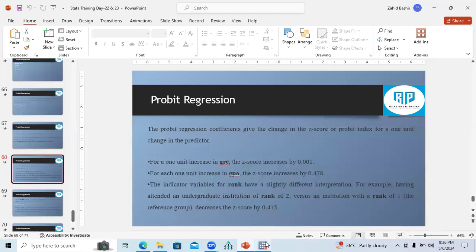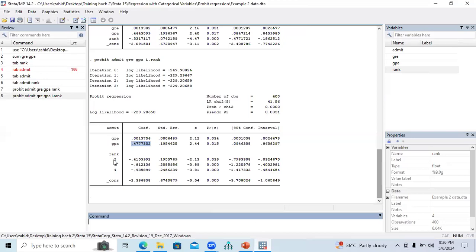So here, you can see this is the coefficient value of your second rank institution. So you need to compare this with your reference category, which is the first rank institution. So as compared to the first rank institution, if you got admission into a second rank institution, it will decrease your chances of admission by 0.4153. In the same way,